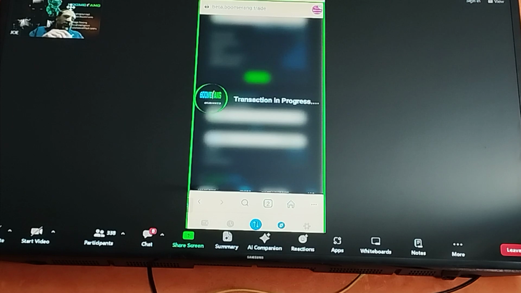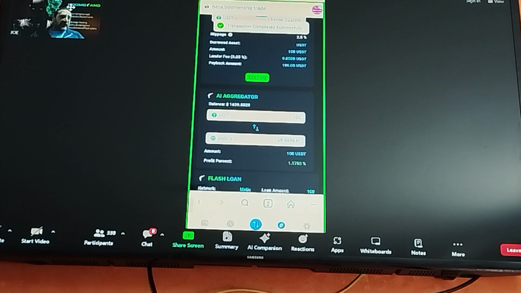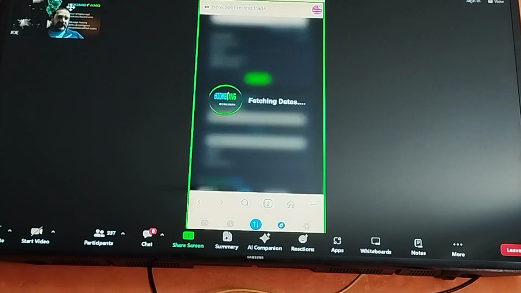If you think about it, when you're doing this, imagine how long it takes. Oh, look at that. Transaction completed successfully. That means I just generated a profit. Imagine a trader in the real world executing a trade. In the time that this took to execute, in the time it's taking to refresh now, they may have only just purchased the asset in the first place.